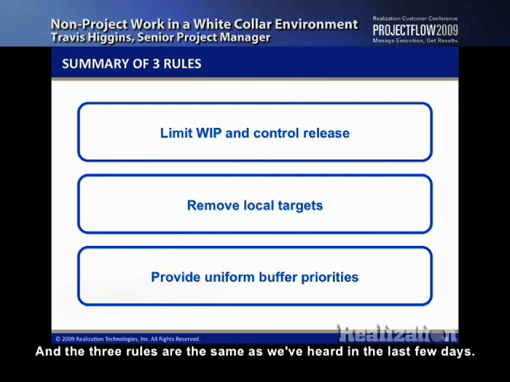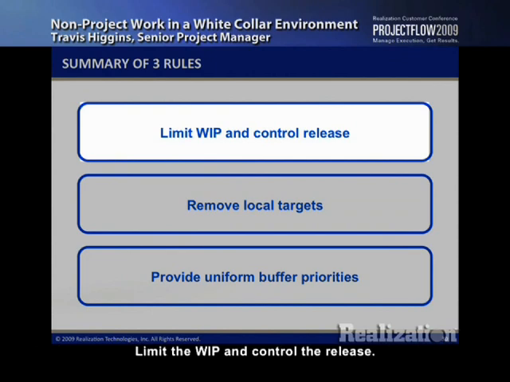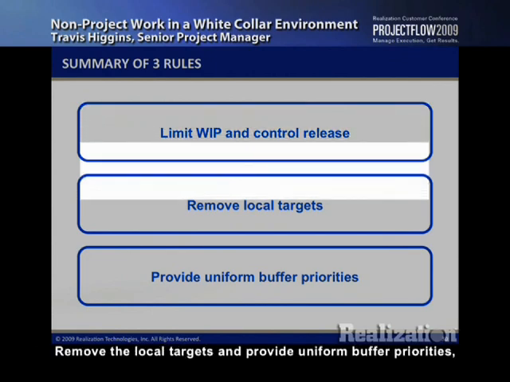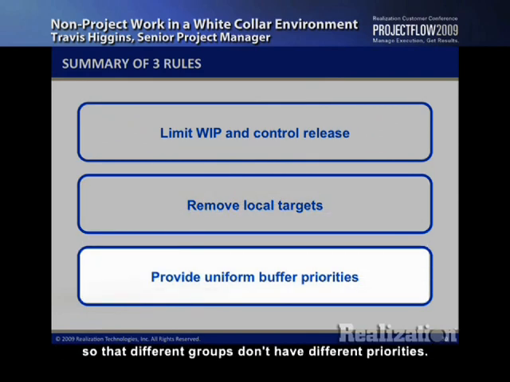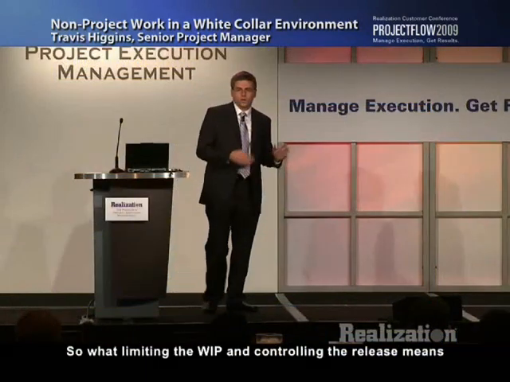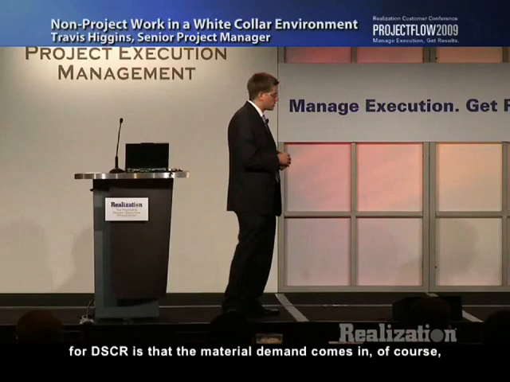And the 3 rules are the same as we've heard in the last few days. Limit the WIP and control the release, remove the local targets, and provide uniform buffer priorities so that different groups don't have different priorities. So what limiting the WIP and controlling the release means for DSCR is that the material